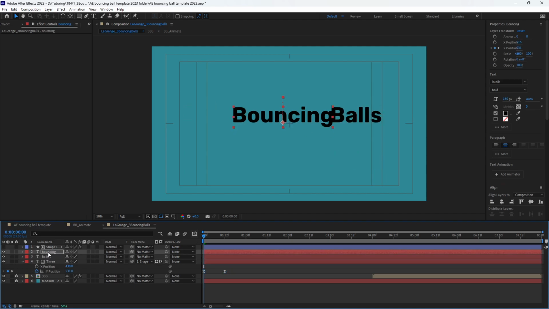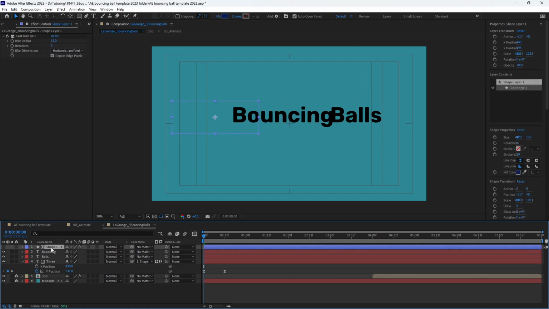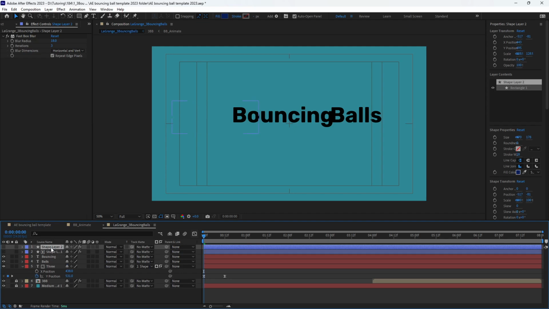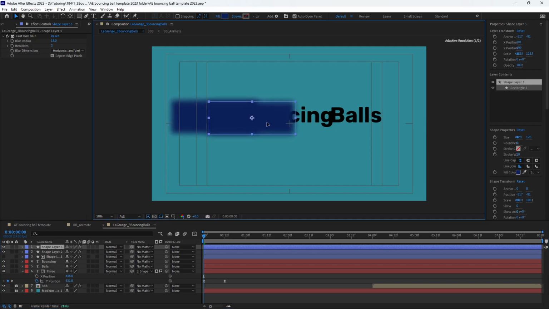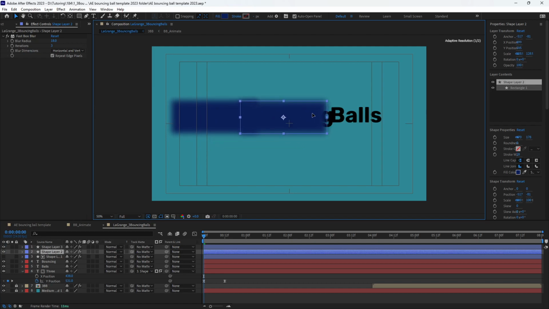Paste, right? And then I'm going to just duplicate this twice. And I'm going to make them visible for a moment. And I'll just take the second one and move that to the side for a moment. Make this one big enough to hide bouncing. And then,